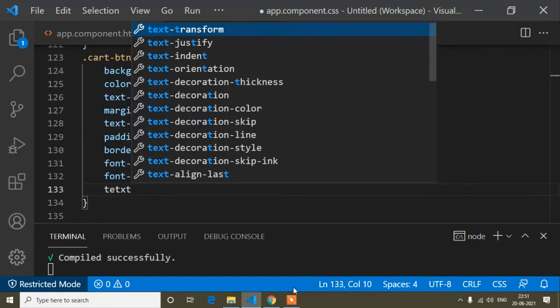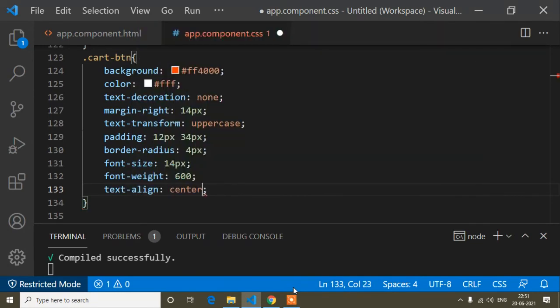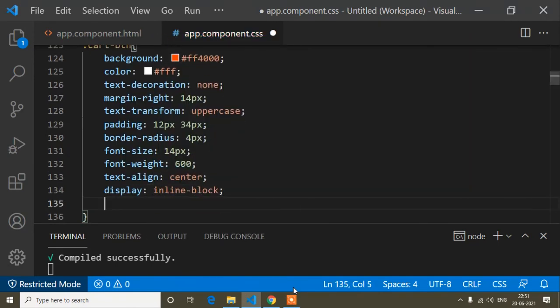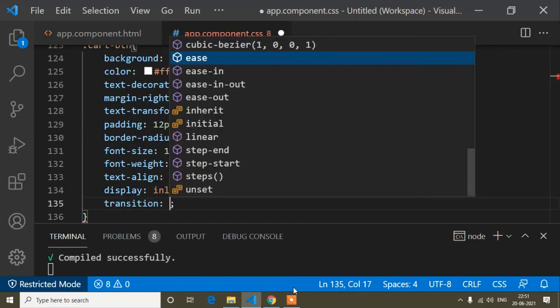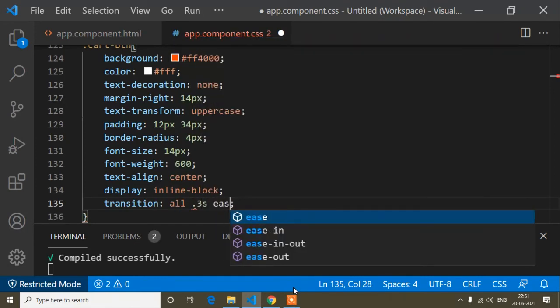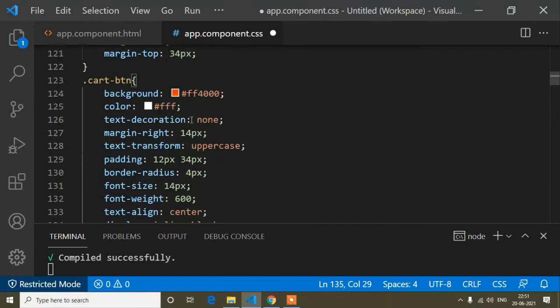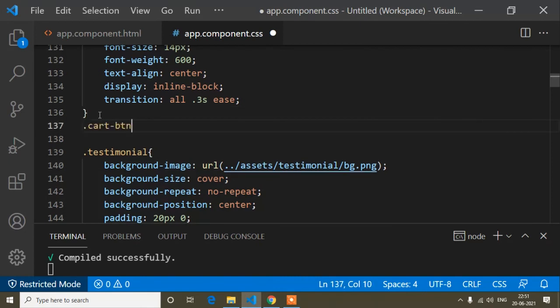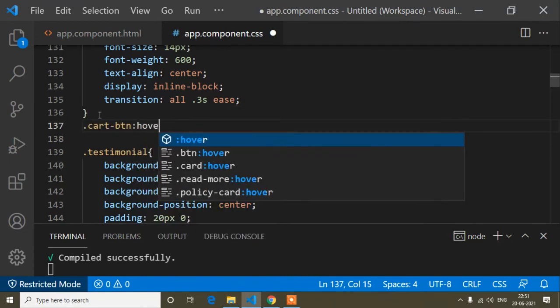Text-align is center, and then display is inline-block and transition, because when I hover on this button, I will add an effect. So the transition is the same transition which I am adding for all the code. And now cart button, and I will add the hover effect.